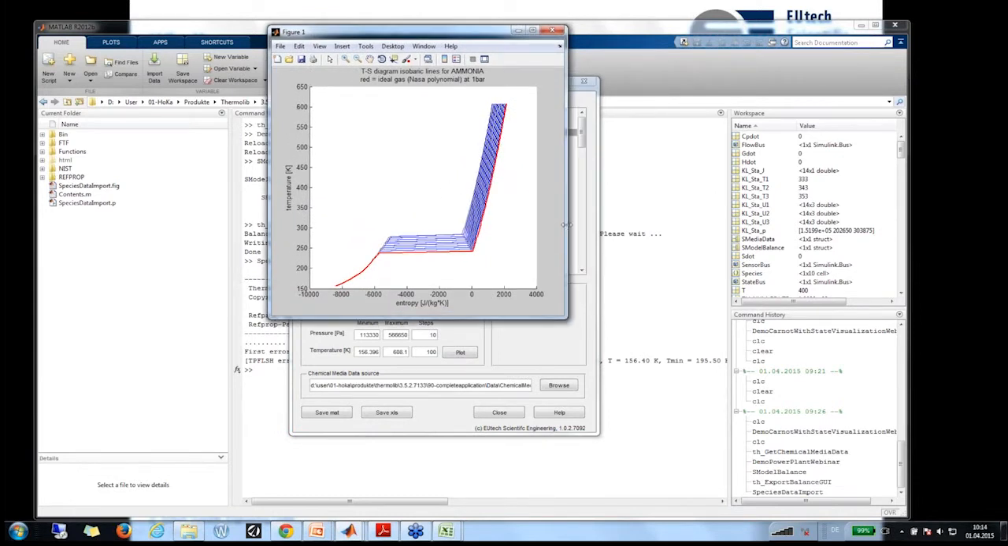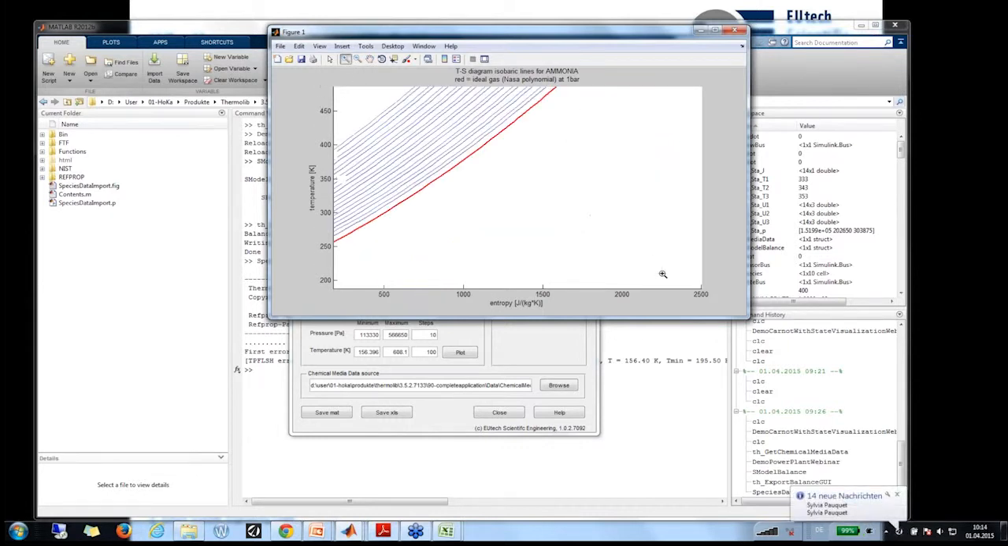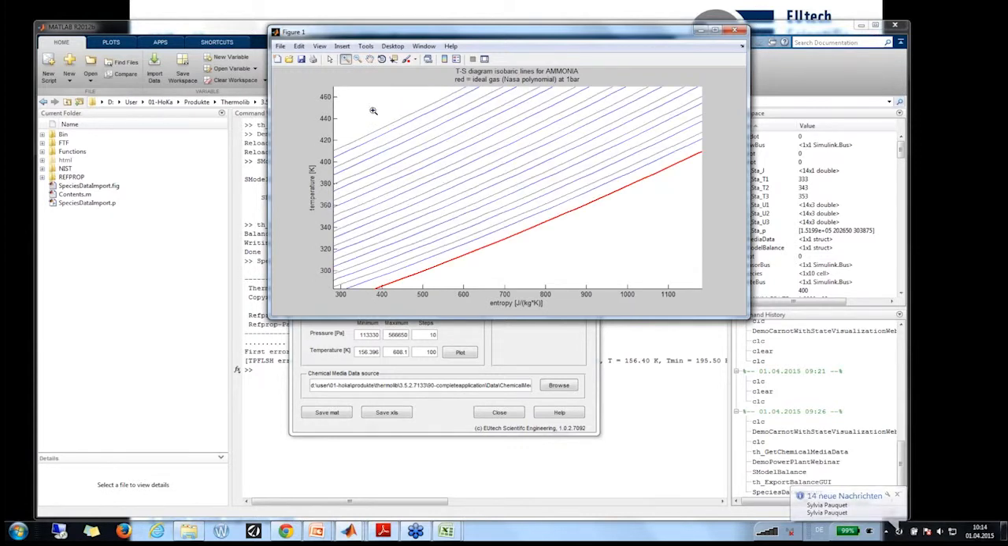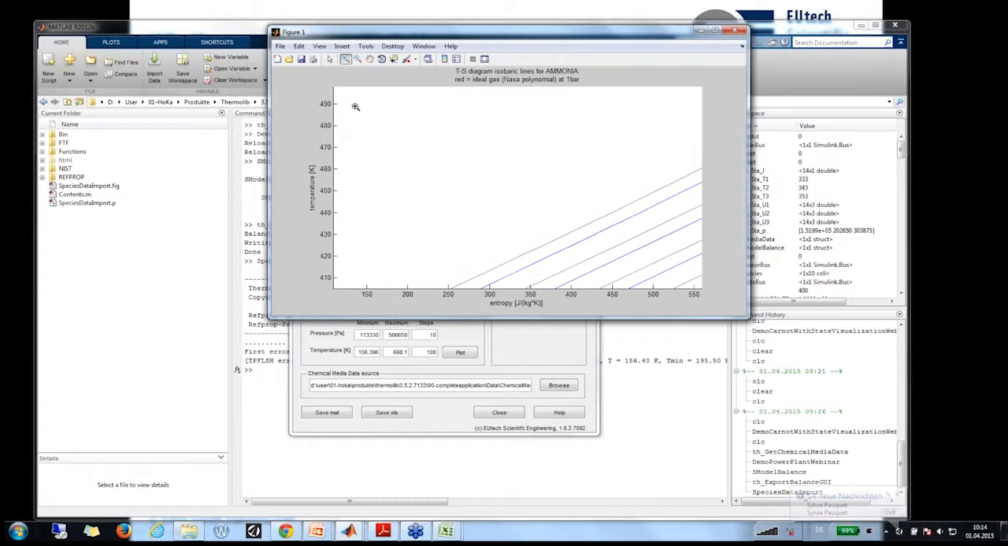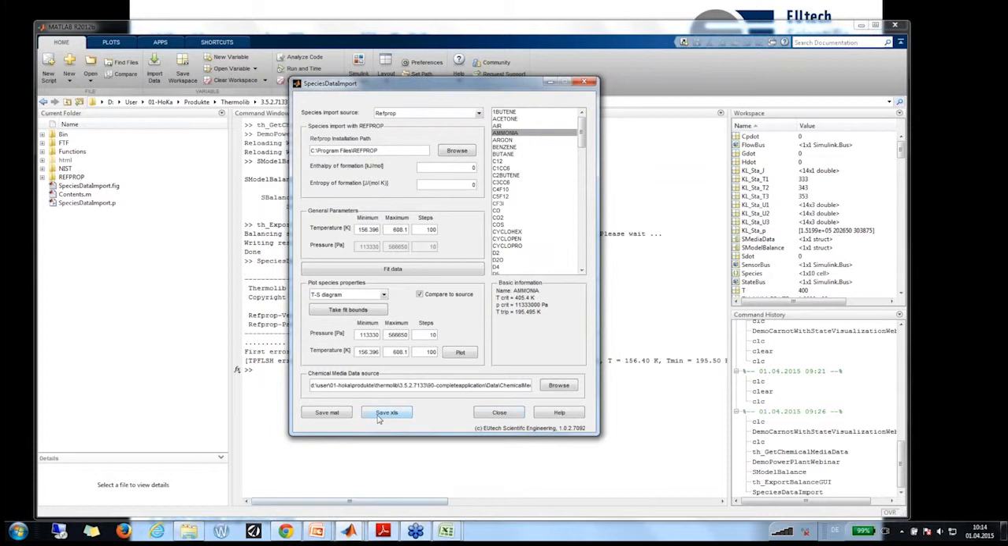You probably cannot see this very clearly, so I will zoom in. Now it's actually showing both the Thermolib data and the Refprop data. If I zoom in, you will see there is a slight but minimal variation between the two plots, but this is really minimal and does not affect the quality of simulation in Thermolib. So now that I see that my data is okay, I controlled it, I can now save this into a